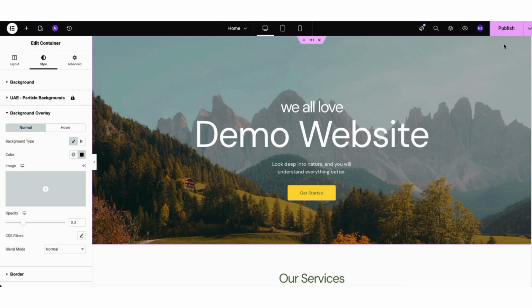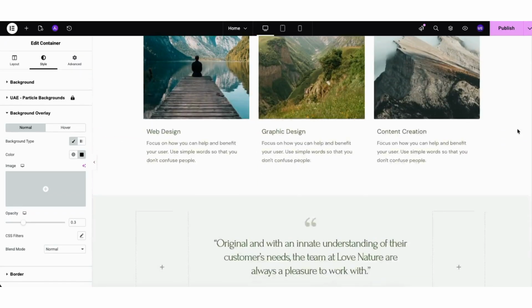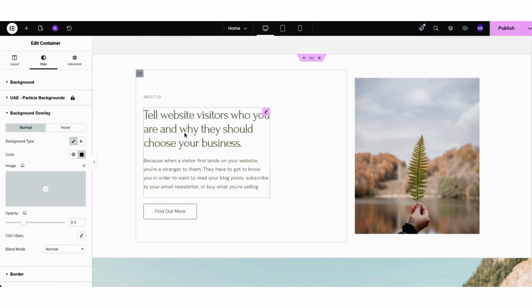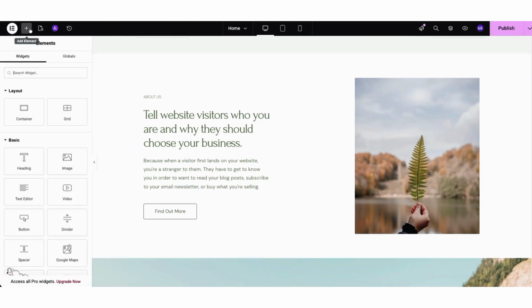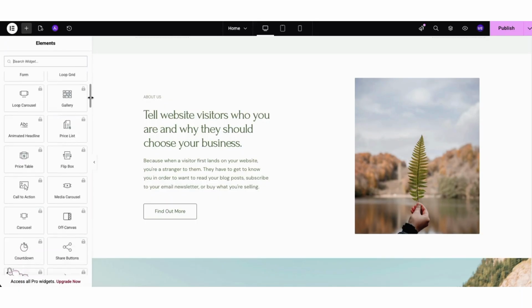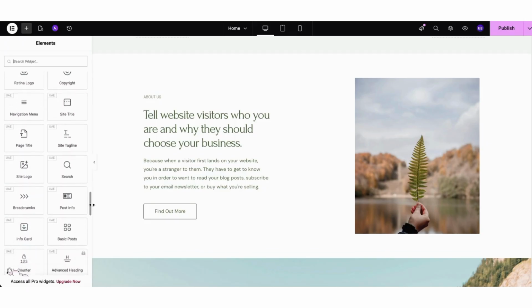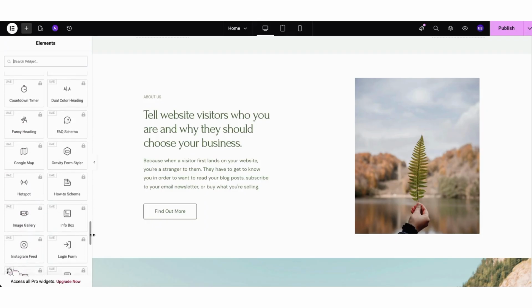Now let's add something completely new to the page. I'll scroll down to this section here. To add a new element, click the plus icon in the top left corner. This opens the Elements panel. On the left side, you'll see all the widgets you can drag into your page, like headings, images, buttons, icon